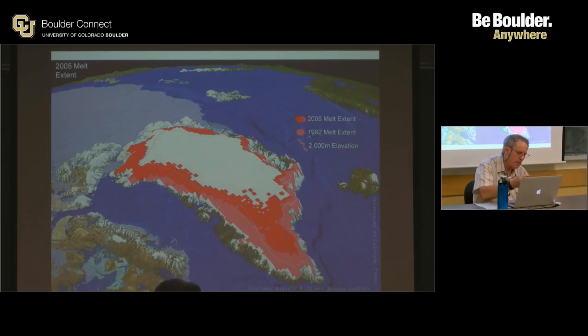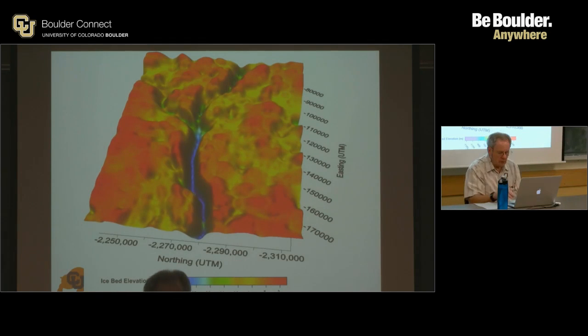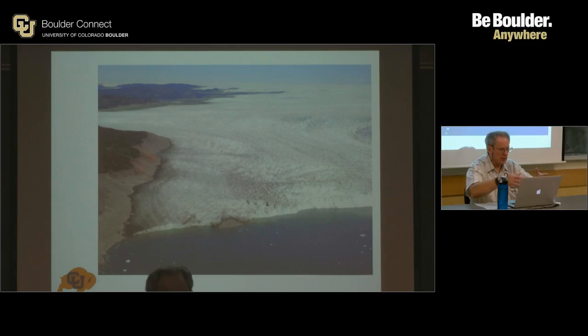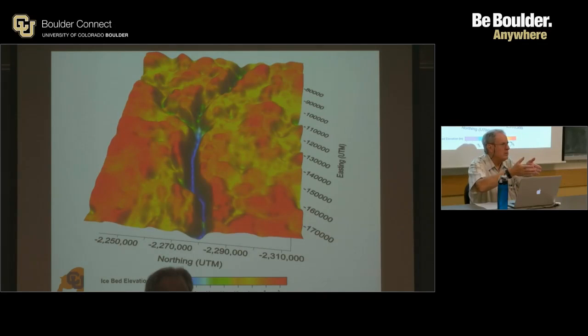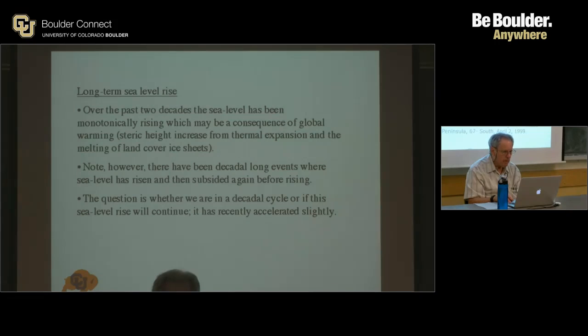So this shows that the center part is accreting, and this shows the 2,000 meter elevation, that little line here. This one shows you how narrow it is. I showed you how wide it was here, but that's getting close. This is a big close-up. If you back off and you look at the topography, it really is, in terms of its aspect ratio, very narrow. It's a narrow flow into it. This is looking down it. Okay,